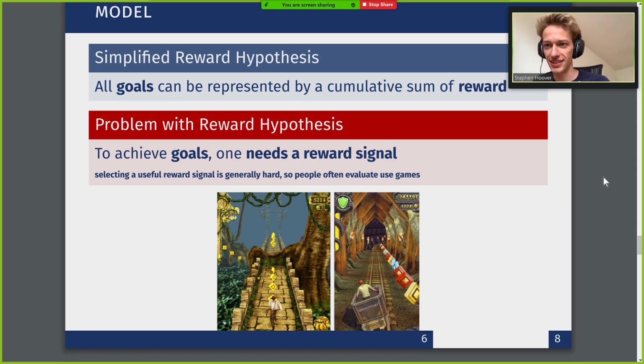So you can clearly be super intelligent at this game if you just collect as many rewards as possible and avoid dying. But for many tasks, in particular mathematics, rewards are sparse and it's very hard to define. So I'd like to point out that a limitation of this model is you'd have to frame everything in terms of rewards, and that's really difficult to do. So that's why you see very few reinforcement learning robots in the world. We can go to the next slide.